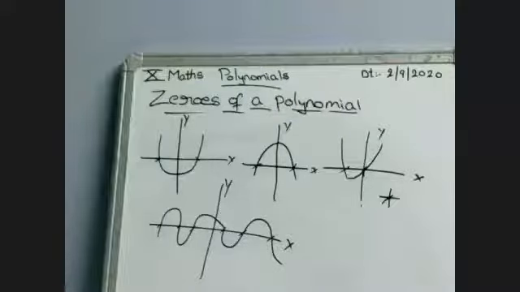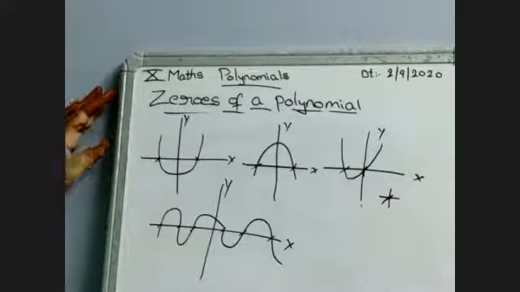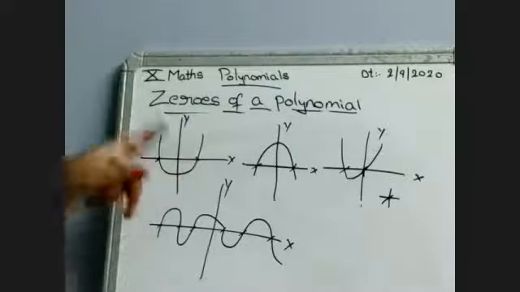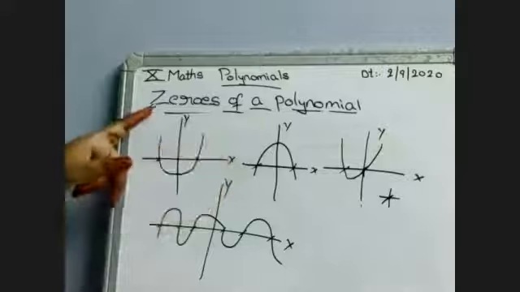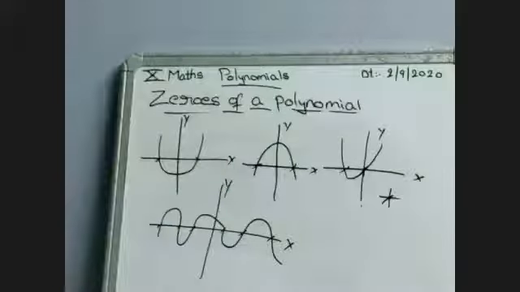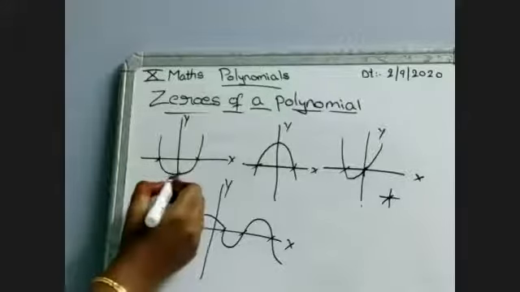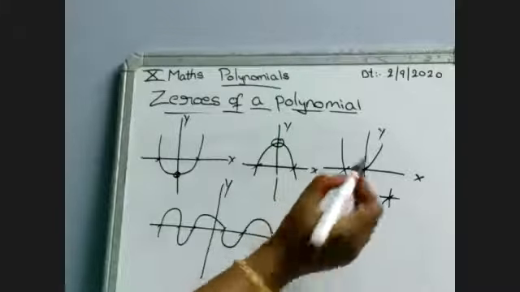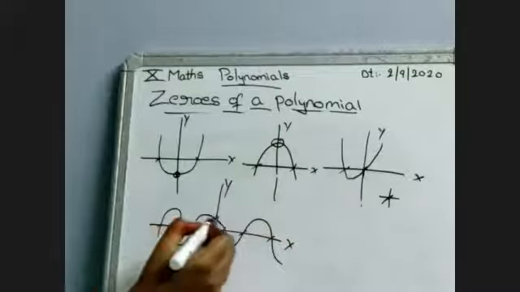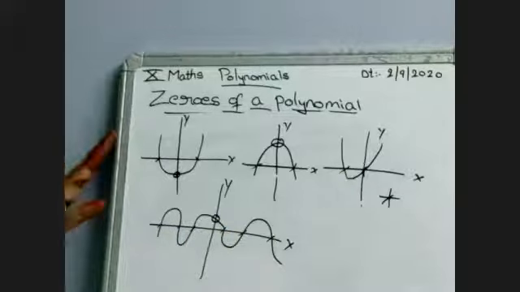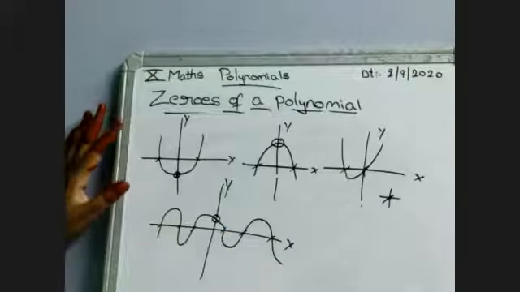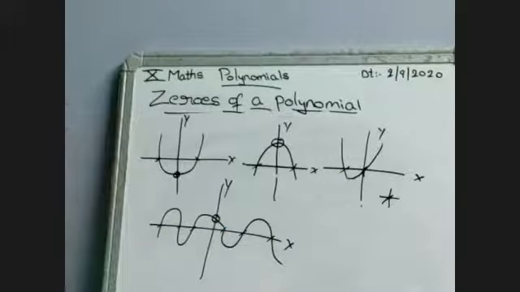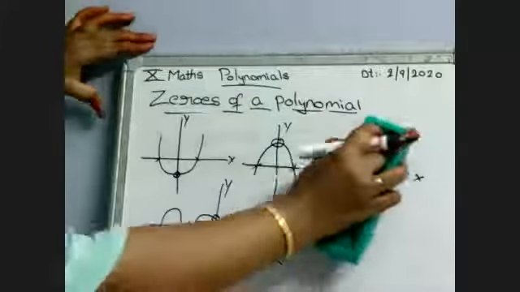Okay. Madam, then what about the y value? I think all of you will get the doubt: madam, x-axis means zeros of the polynomial, then what about the y? If you touch y, it is not the value. If you observe here, it is cutting the y-axis here. So what will you ask? I think that is your doubt. So how will we clarify that doubt? Once you take some example.